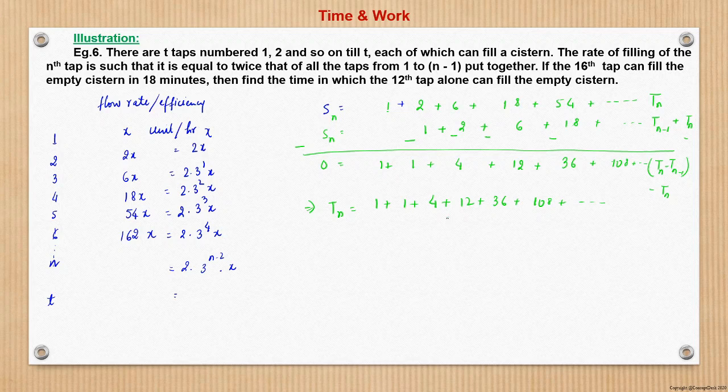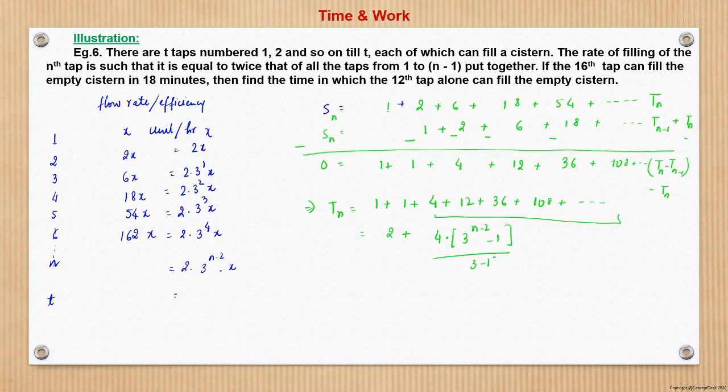Now see how many terms are here. Since we had expanded this, now this is n terms total, out of which this is a geometric progression 4, 12, with a common multiple of 3. So that summation we know is nothing but 2 plus, here the first term 4 into (3 raised to power n minus 2, because this is n minus 2 terms, these two terms are separate) minus 1 upon 3 minus 1.